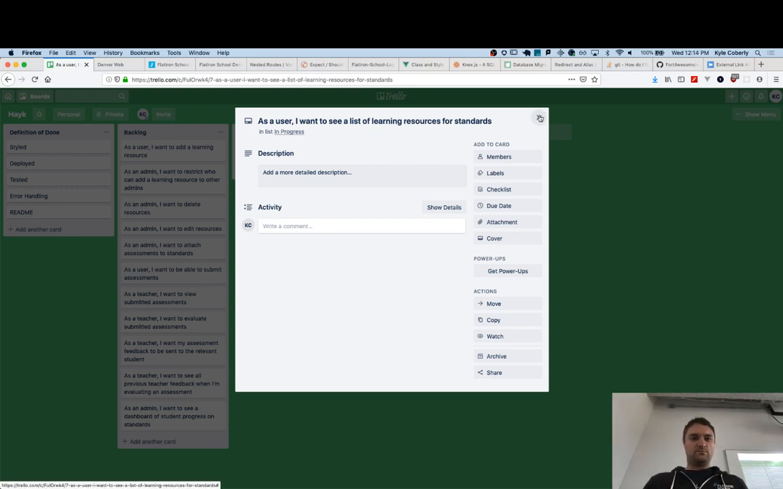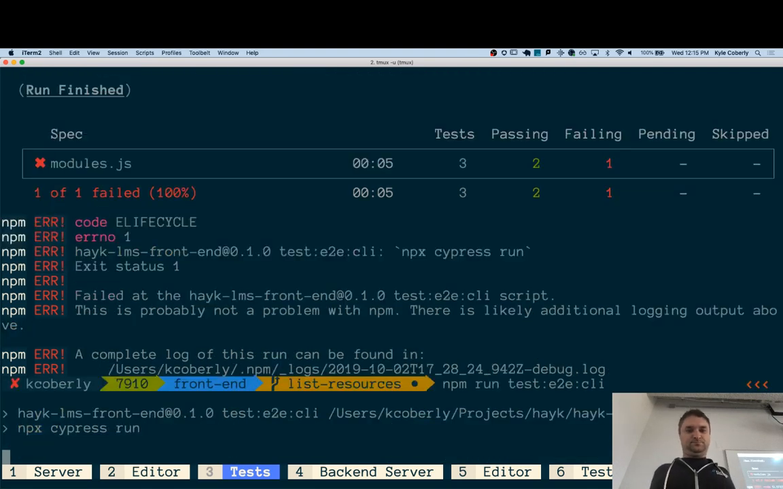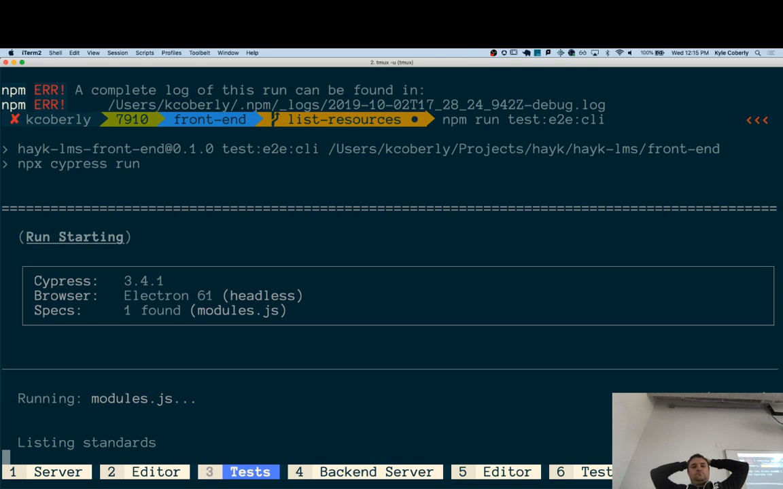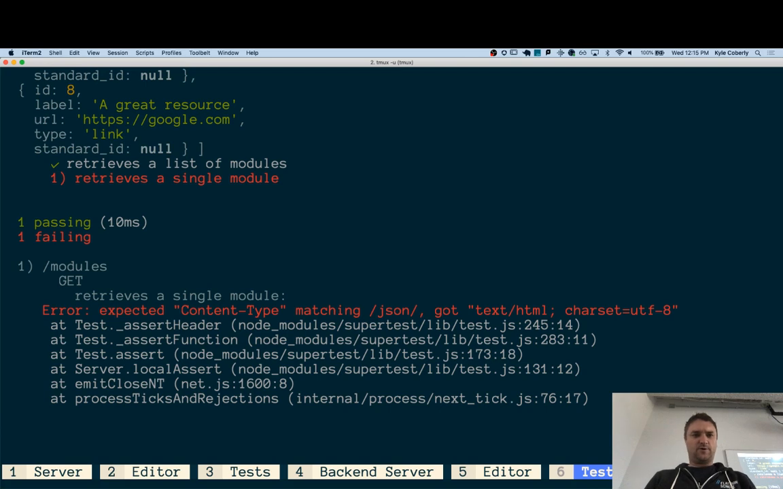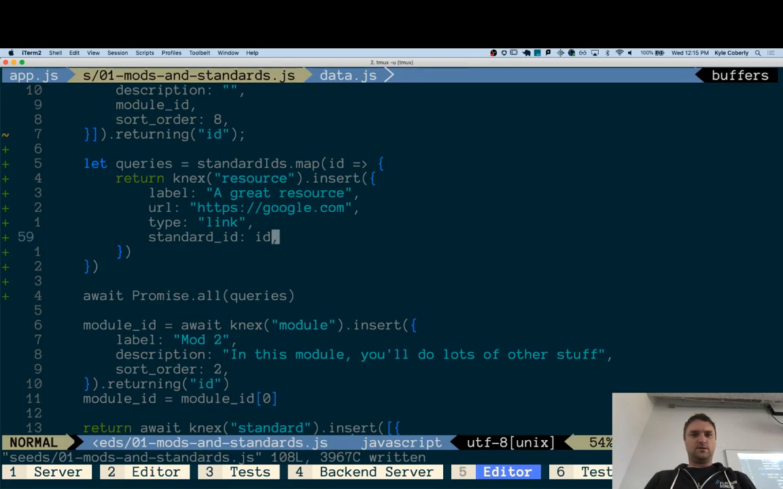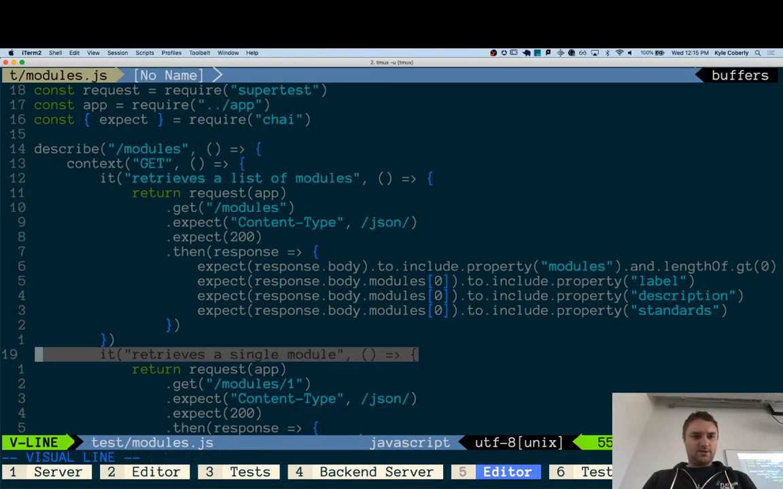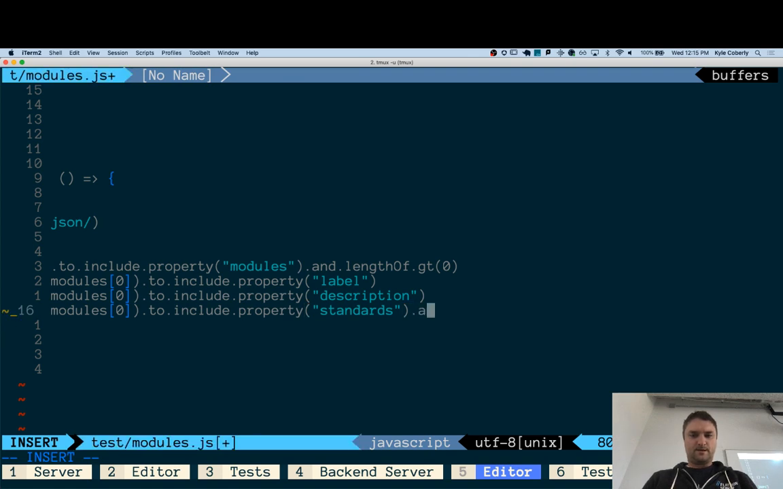Is it styled? Yes. Tested. How are we on testing? Cool. Front end tests pass. Never made a test for the back end. In fact, I broke the test and didn't fix them. I don't want this. It retrieves a single module. Don't want that anymore. But I do want